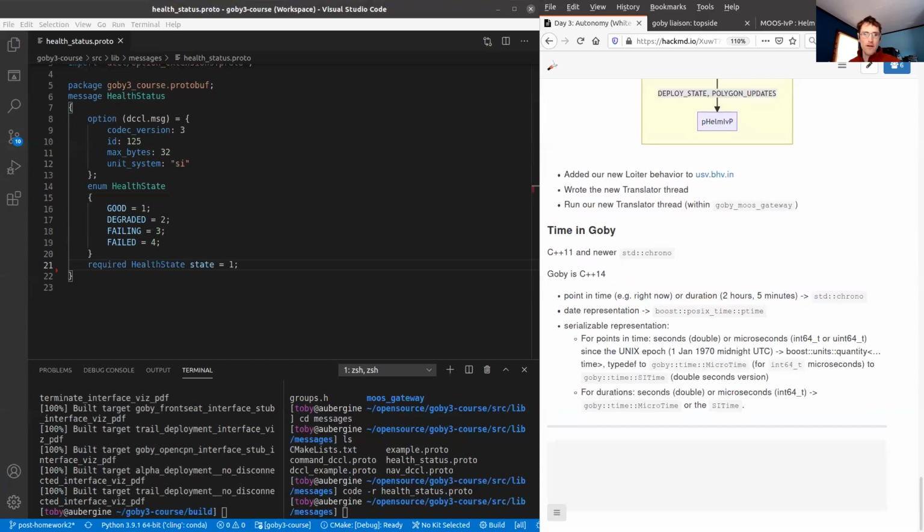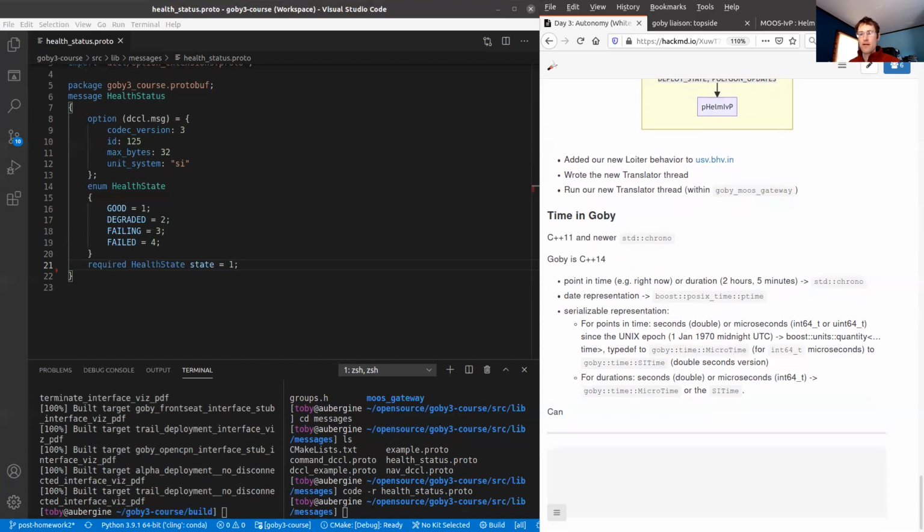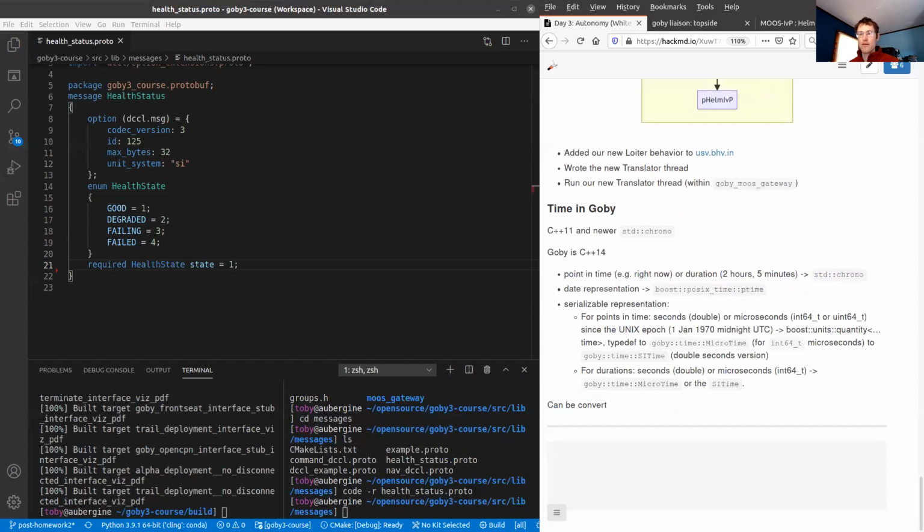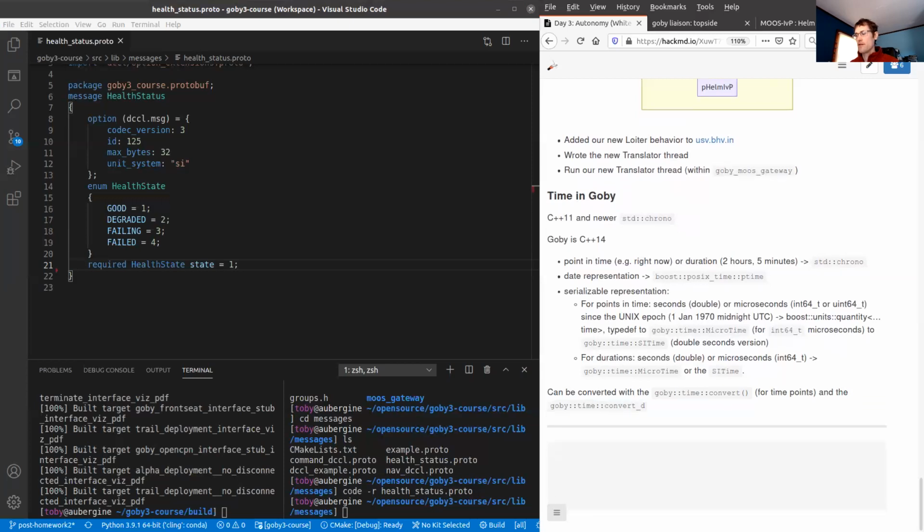So all of these representations, the standard chrono-based stuff, the POSIX time, boost stuff, and the MicroTime, SITime, can be converted. All the conversions can be done with the goby::time::convert family of functions for time points, and the goby::time::convert_duration for durations.